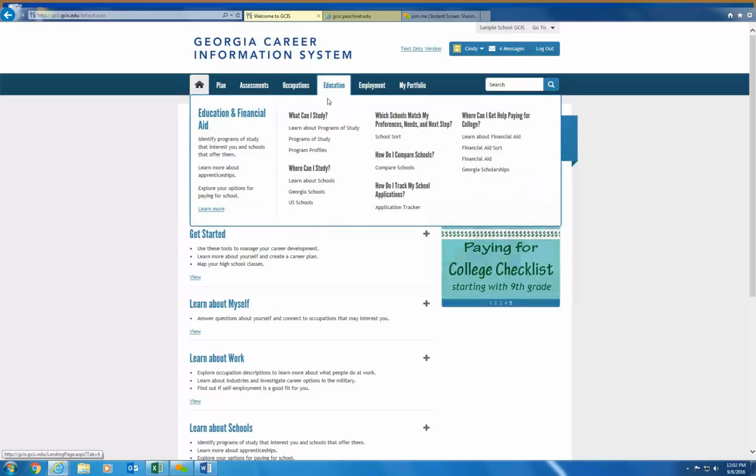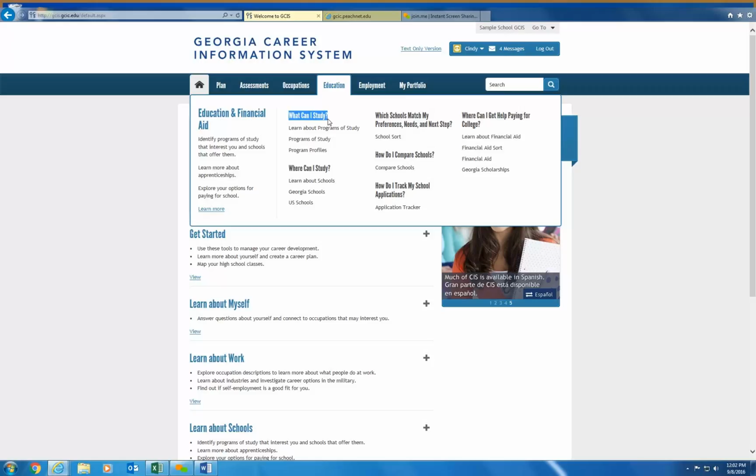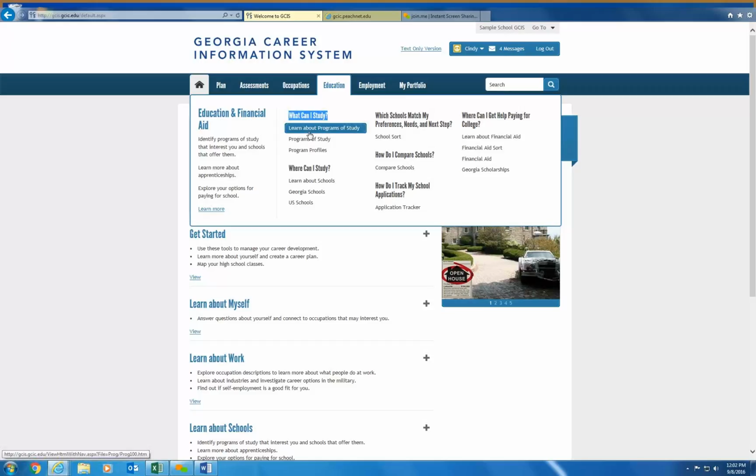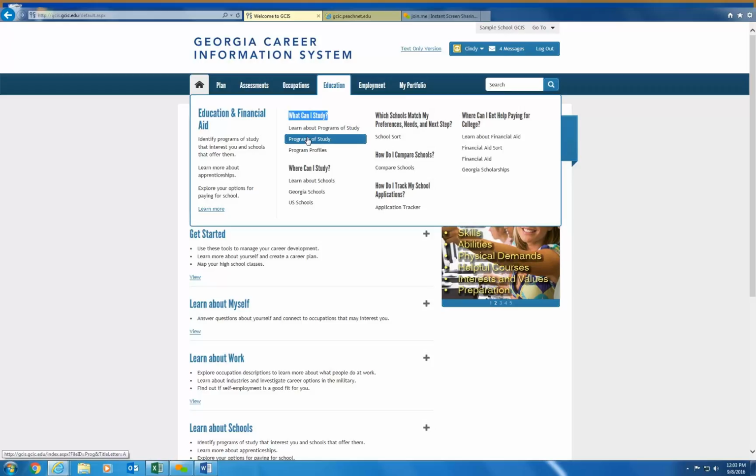And so you'll notice that under each one of these areas, you have a series of questions that kind of prompt your students as to what information is available within the system. So for instance, I have what can I study? If I wanted to find out the components that would help me to answer that ultimate question, I have what is called Learn About Programs of Study. I can look at any specific program of study, or I can look at individual profiles.